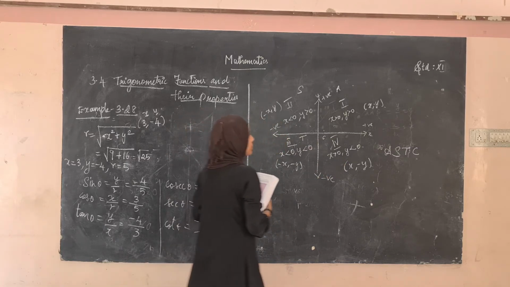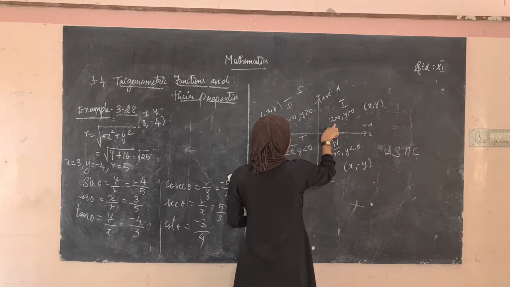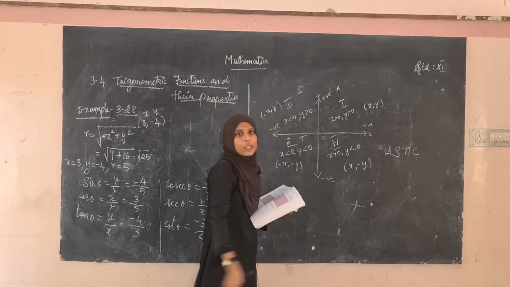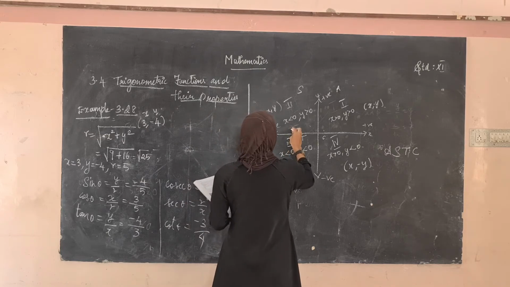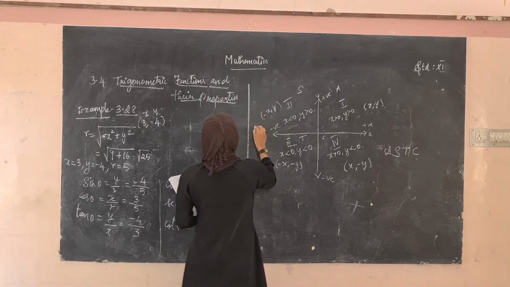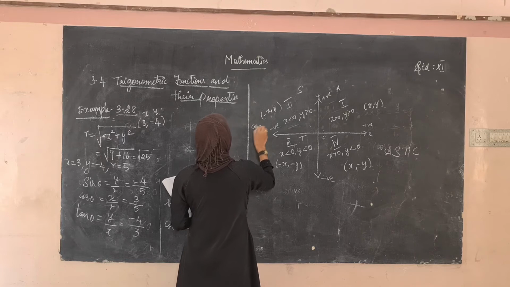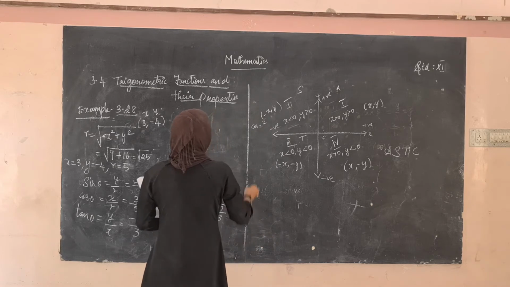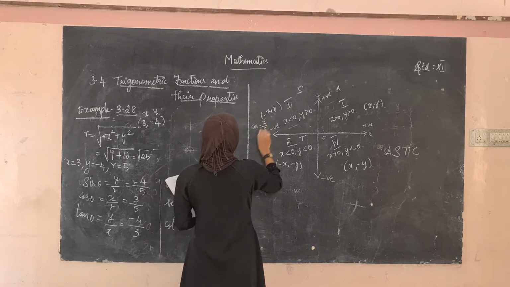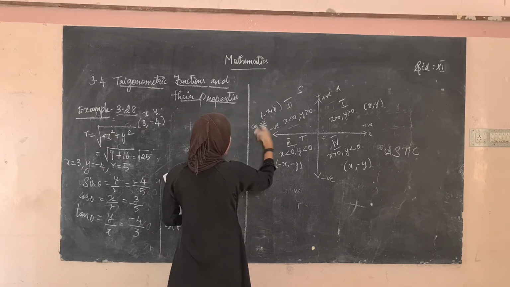Okay, let's see. So here if we take a term x, y, then everything will be positive. And see here, if you are taking here minus x, y, so what happens to the cos value? What is cos? Cos is x by r, right? Yes, x, r is cos. So here it is minus, so cos becomes negative.